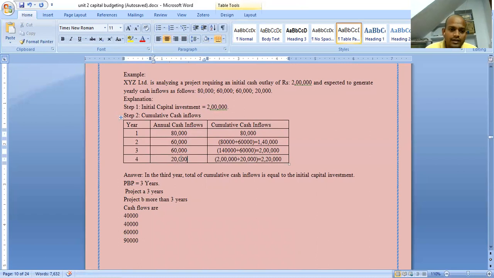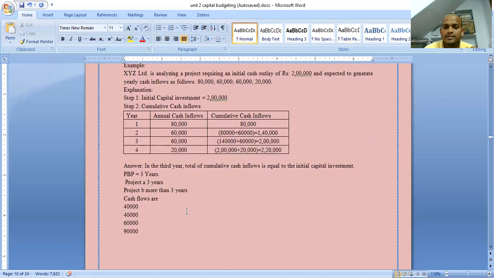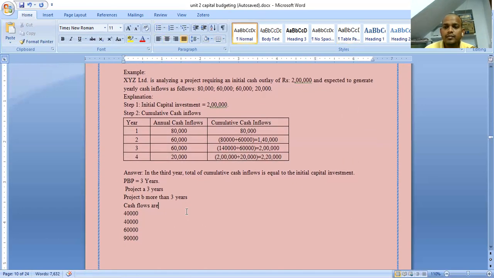It has 90,000 returns in the fourth year, but it won't consider that. So better go with the 3 years. Likewise, it suggests. So that is the limitation with the payback period method,